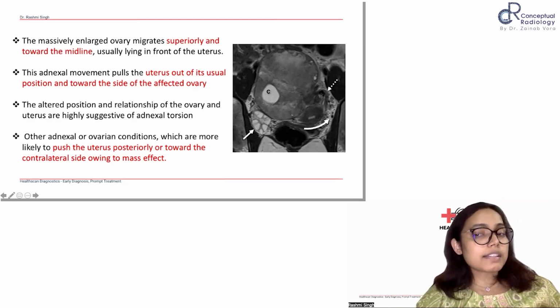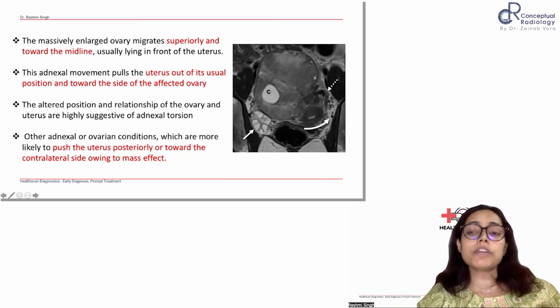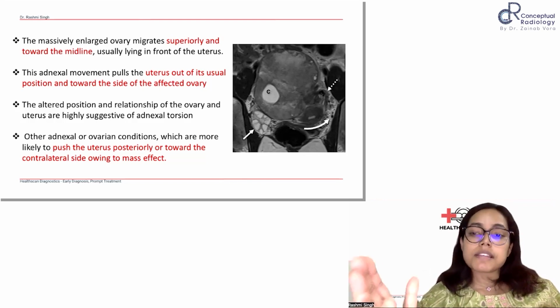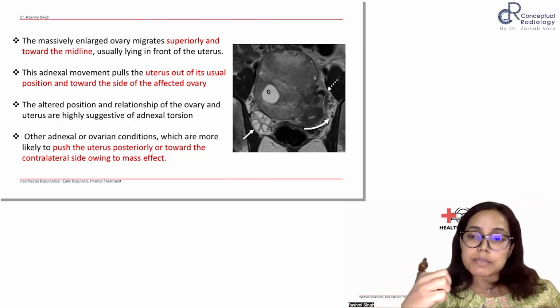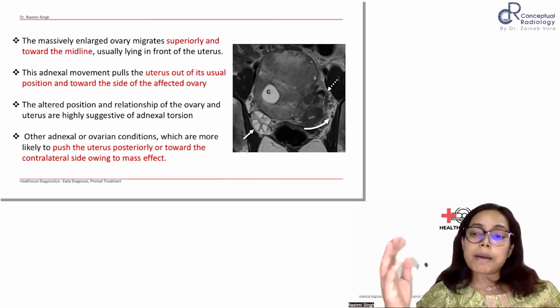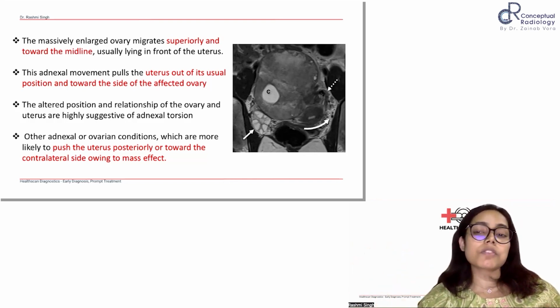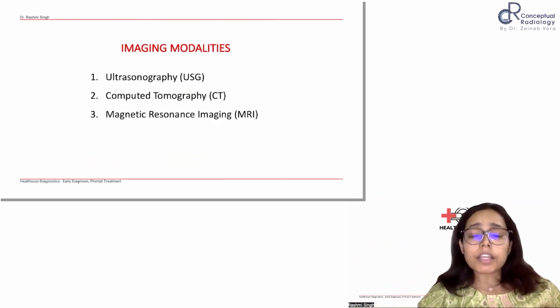In contrast, whenever there is an ovarian lesion which is not associated with torsion, we often see adnexal masses and cysts. In those cases, the uterus will be pushed towards the opposite side because of the mass effect, rather than being pulled towards the same side. So if you see the uterus being displaced in a way which is not explained by the mass effect, you should have a suspicion of adnexal torsion. Now, what imaging modalities do we have for ovarian or adnexal torsion? So first,